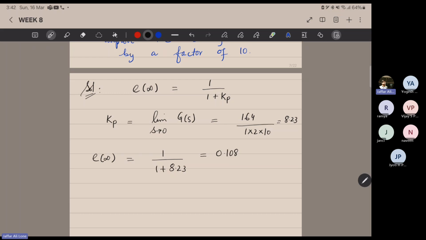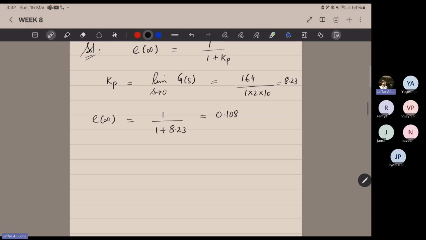Now, the question says you have to design a lag compensator. We already know that by designing a lag compensator, we will improve the steady state error, we'll decrease it. But the question specifies to decrease it by a factor of 10. Right. So my new error should be, as per the question,